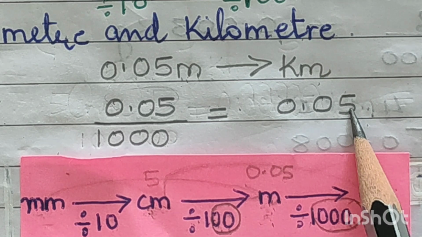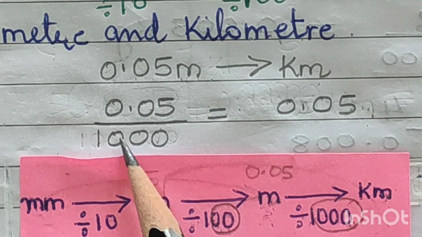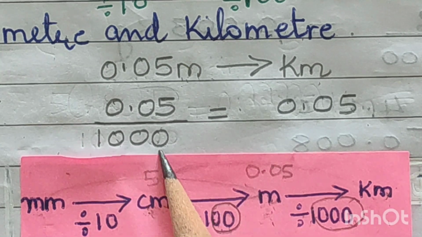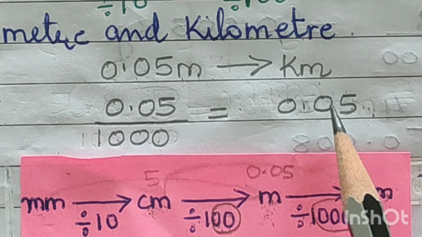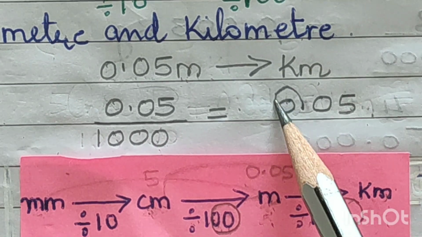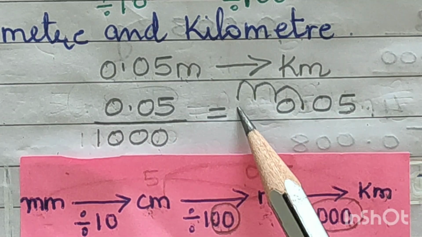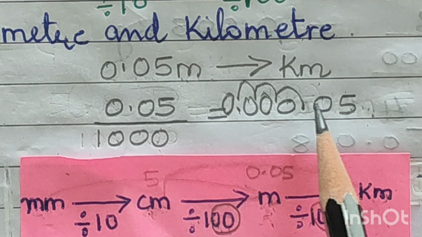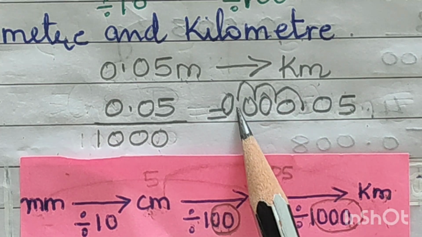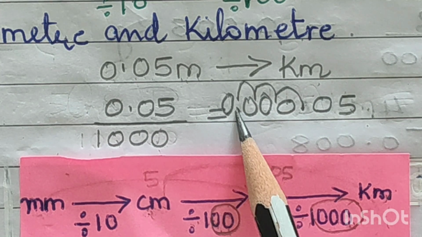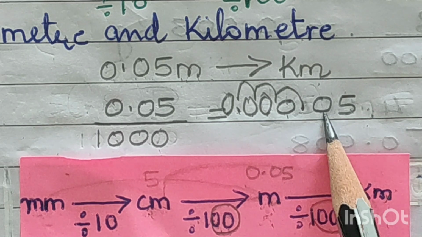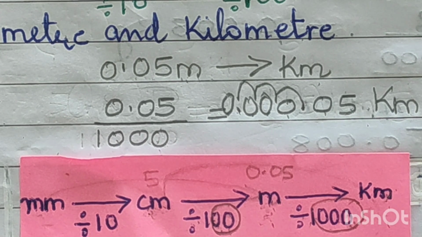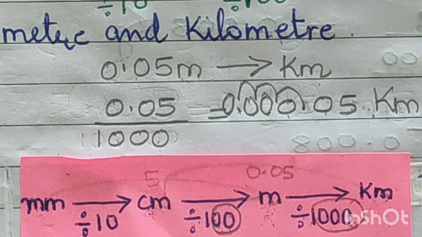Now we have it this way. How many zeros are there in the denominator? 1, 2, 3. Where are you going to move, right or left? Note, when it is division, or divided by, you move to your left. So from here you will move 1, 2, 3, put a decimal point, your 0 comes here and this will be filled with zeros. So now see, your decimal point has traveled left. Your final answer will be 0.00005 kilometers. This is the second way to convert your 5 centimeters into kilometers.